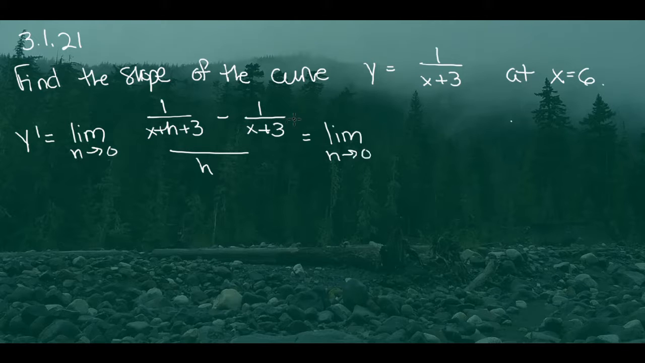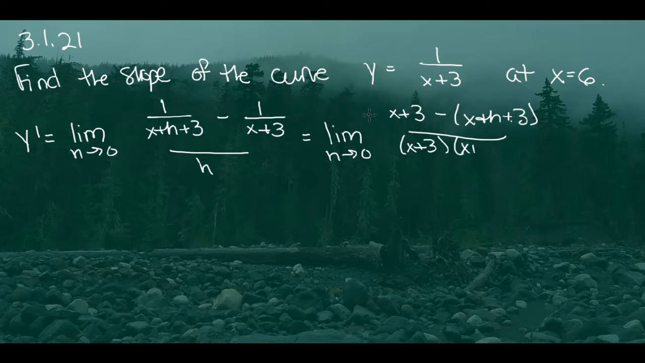Well, it's the limit as h goes to 0. If I get a common denominator, so I'm multiplying the opposite denominators over to the opposite side, I get x plus 3 on the left minus x plus h plus 3 on the right, and then divided by x plus 3 times x plus h plus 3, and then all divided by h. All right, so simplifying what this looks like,